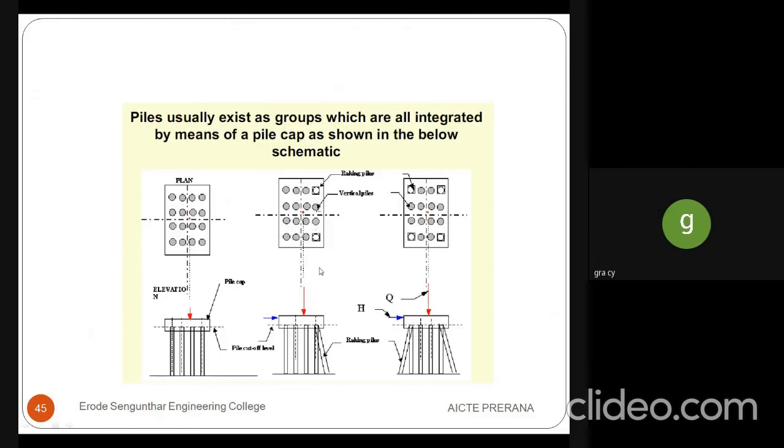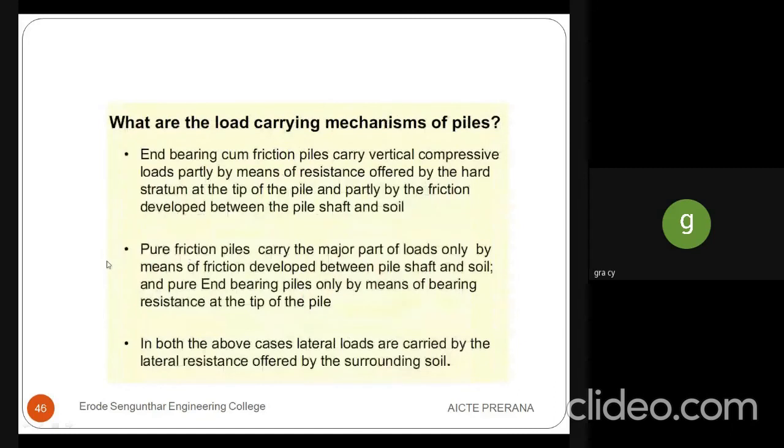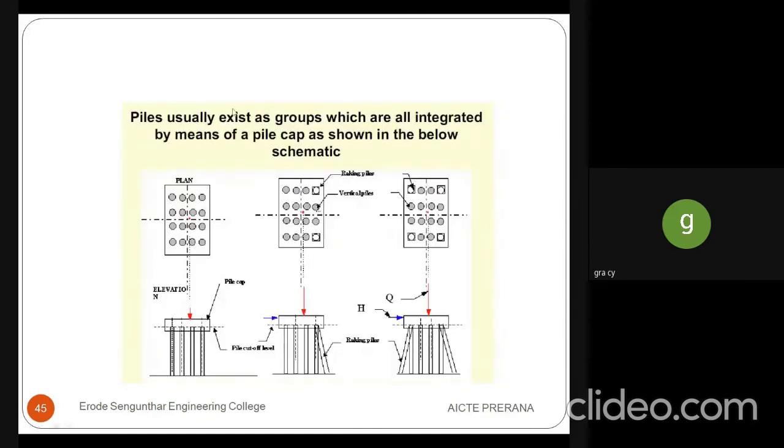So when we have to find out the breadth of the pile group, the B value will be B = n S + diameter. Here n is the number of spacings, and the number of spacings is 3. So B = 3S + diameter of the pile, so that we are able to find out the breadth of the pile group.